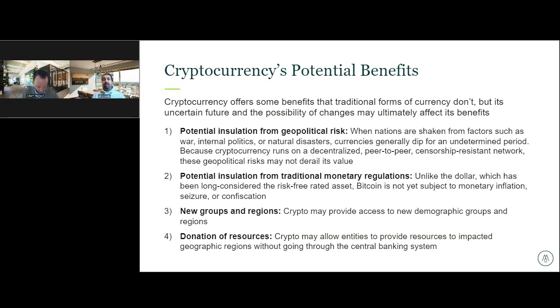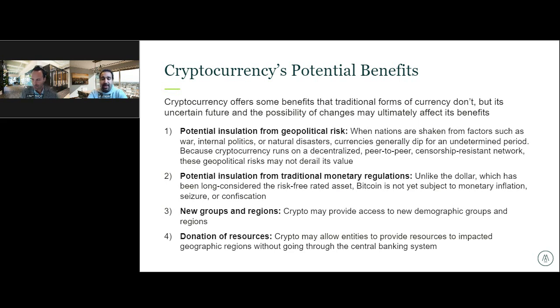We're seeing younger individuals and more individuals using crypto assets day to day, also moving away from fiat currency. And also, as I mentioned earlier, as a donation of resources, sending financial resources to geographic regions which are affected by natural disasters or some kind of government political issues, and where you couldn't go naturally through